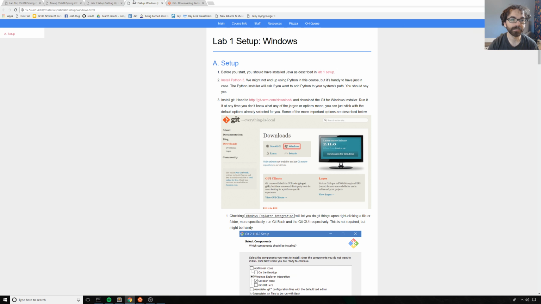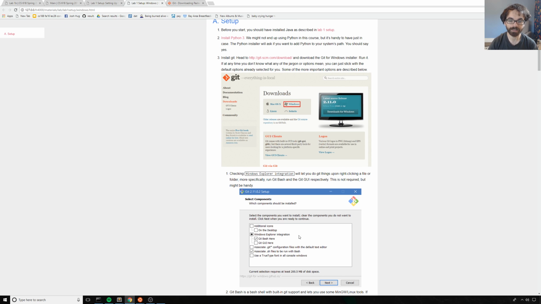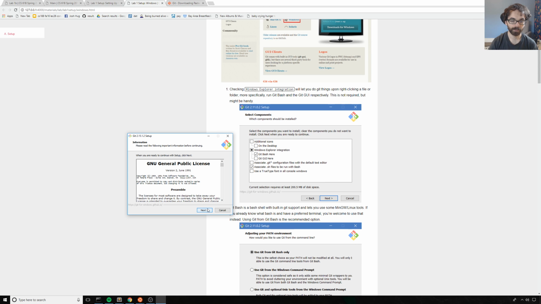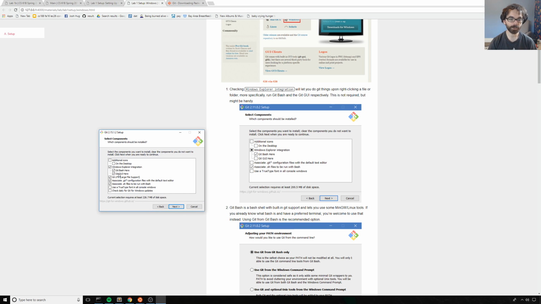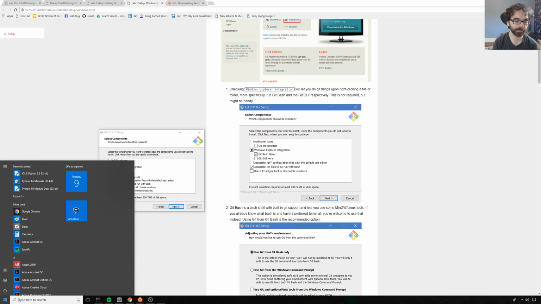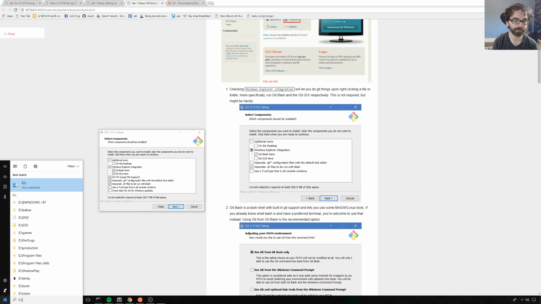Now with Git, by contrast, there's going to be tons of options, and the options matter. So I'll say next. I pick where I want it to go. The default option is fine. And the first option we get brought up with that's actually interesting is whether or not I want Windows Explorer integration. So what that means is if we go to, say, I don't know, users,